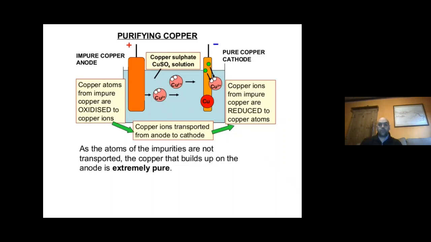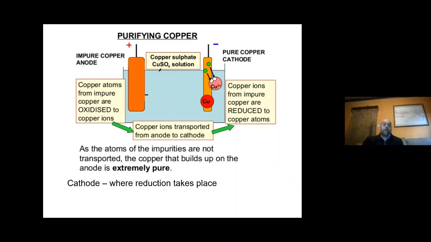So if we turn on our current, hopefully you'll know that your copper ions will move to the cathode, gain the 2 electrons that they're missing, symbolised here with the green and the little gaps, and they would form copper metal. Now, if we do electrolysis on something like copper sulfate, eventually all those copper ions would go, and you'd not have any copper ions left in solution. However, because that anode is made of copper itself,